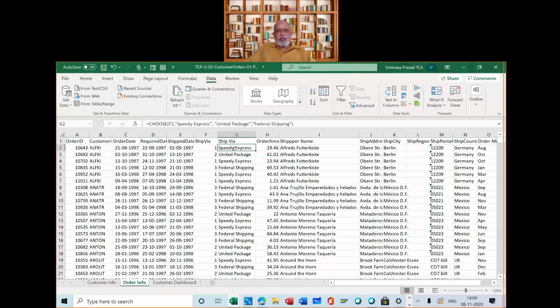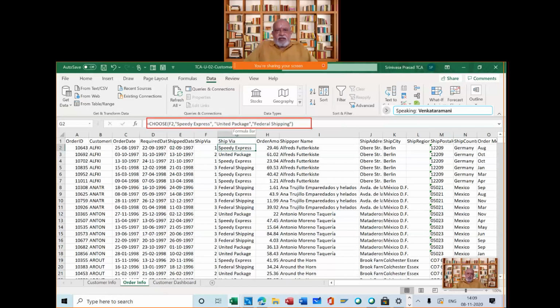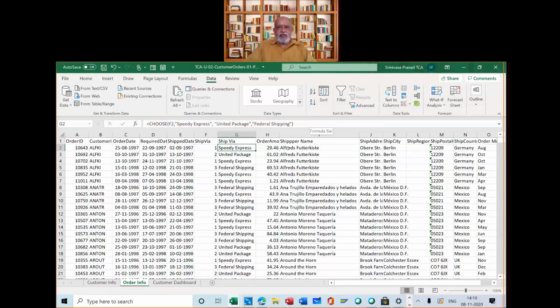We have used this formula. All of you remember this formula, please? If column F is shipped via 1, then we call it Speedy Express. If it is 2, United Package. If it is 3, Federal Shipping. This is what we did.